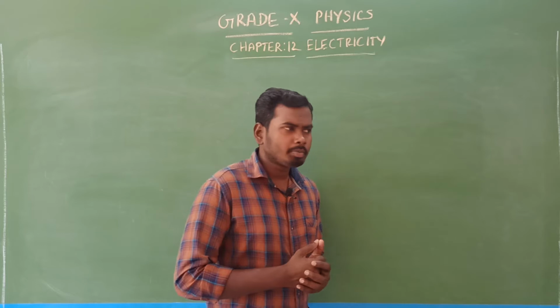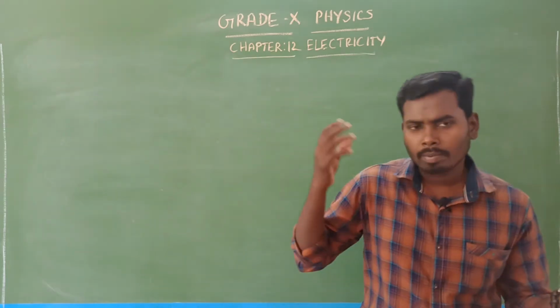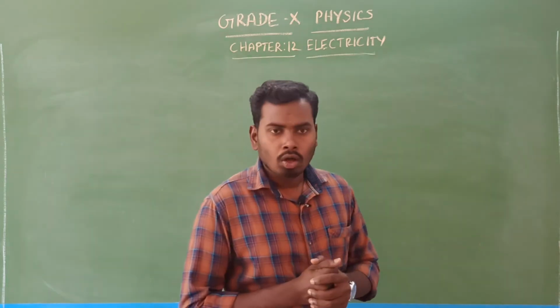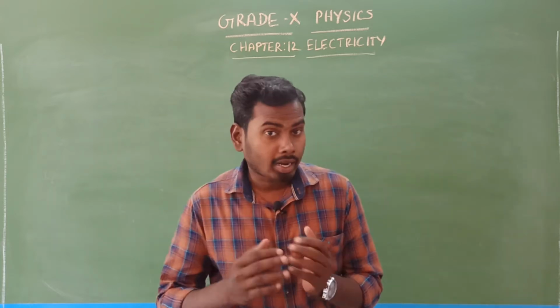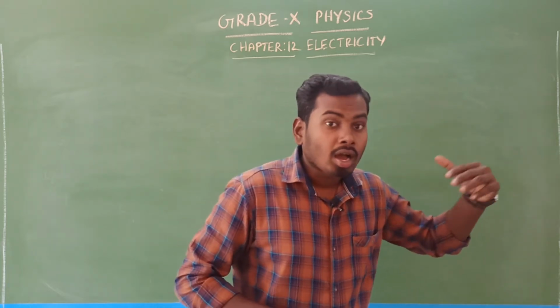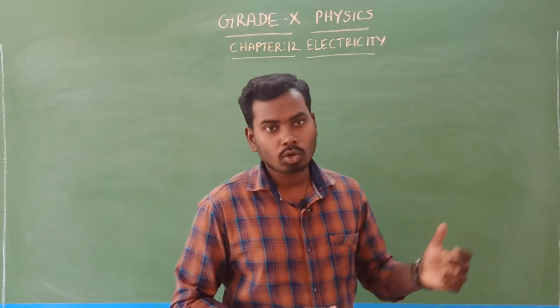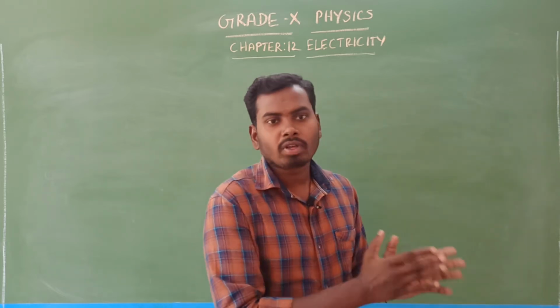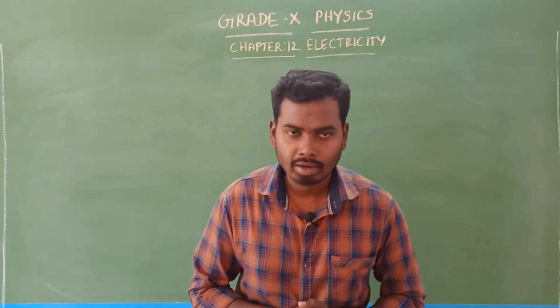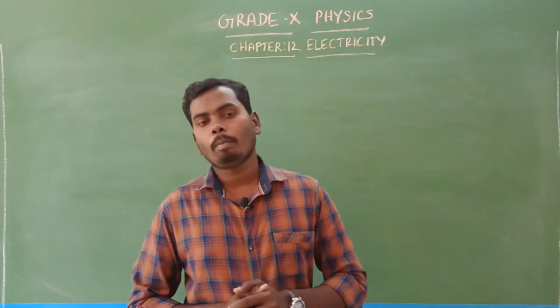So what is the difference between the series combination and parallel combination, sir? Yes, look here. When two or more resistors are connected end to end, or one after one consecutively, then that setup of the resistors is said to be in series combination. Am I right? Yes. Next, what is parallel combination, sir?